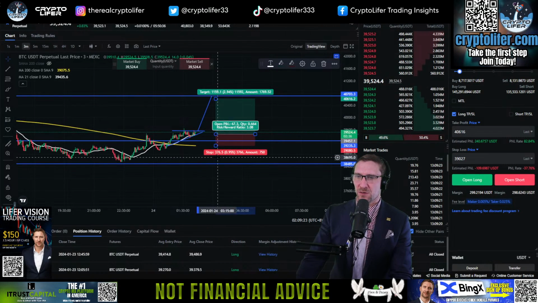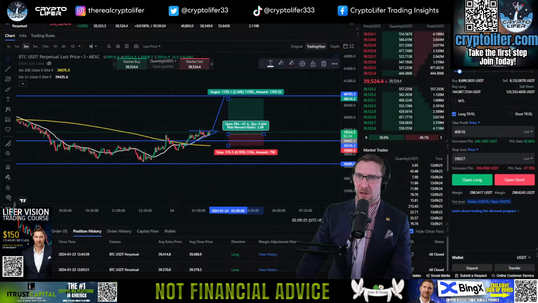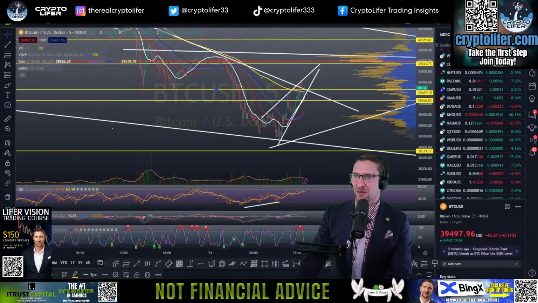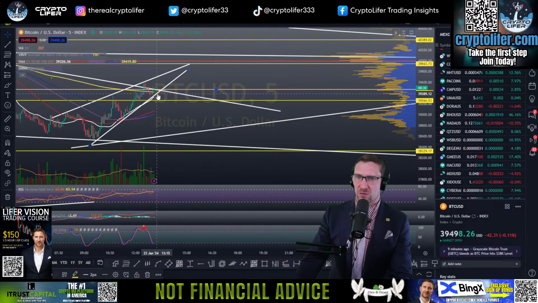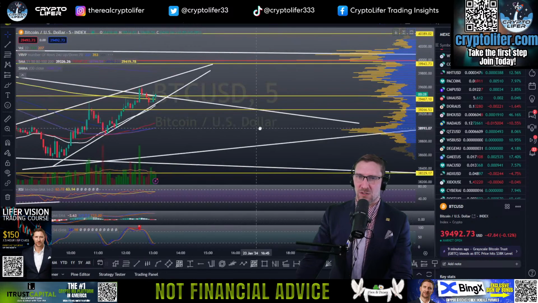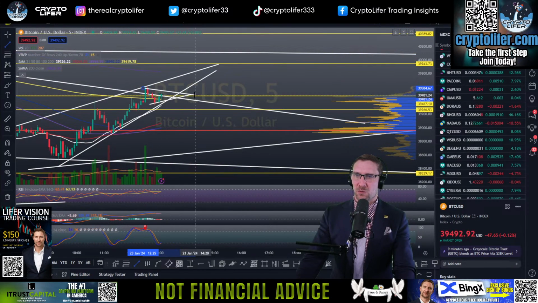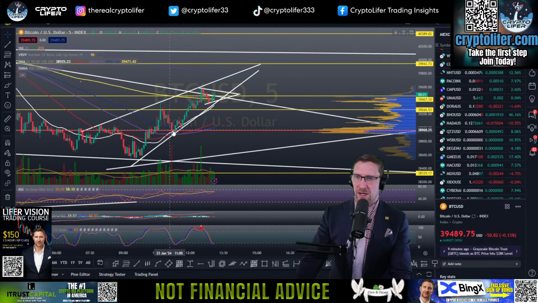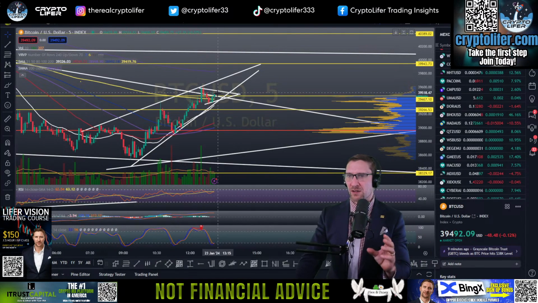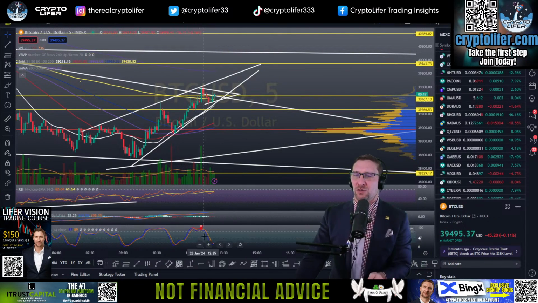So I just missed a nice long entry, and I'm going back to that 5-minute chart. We are closing above, and we're consolidating. And what I'm seeing is kind of a bull pennant. And as the moving averages are getting close, you see that? It tells me there's a push coming. And when the Stochastics are low, I like what I'm seeing there.